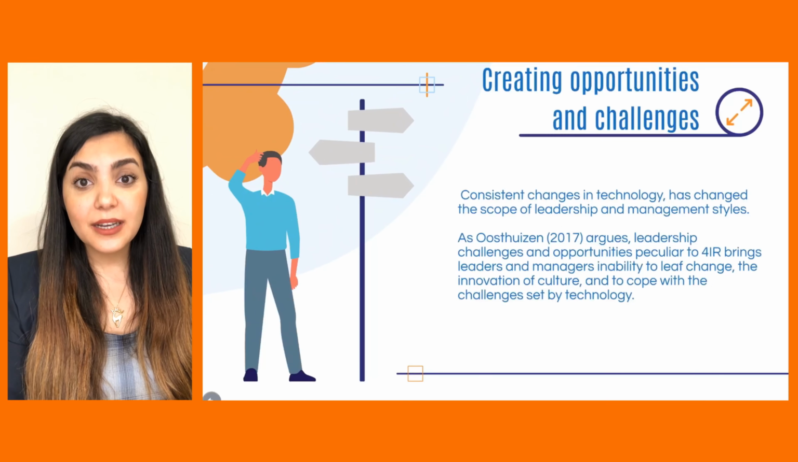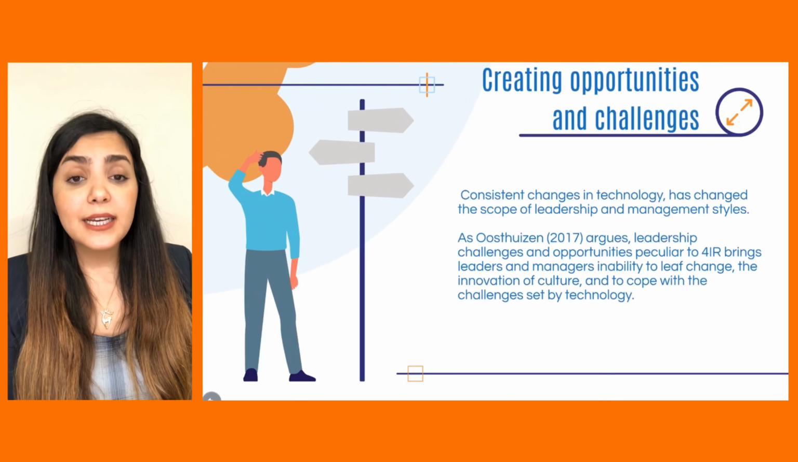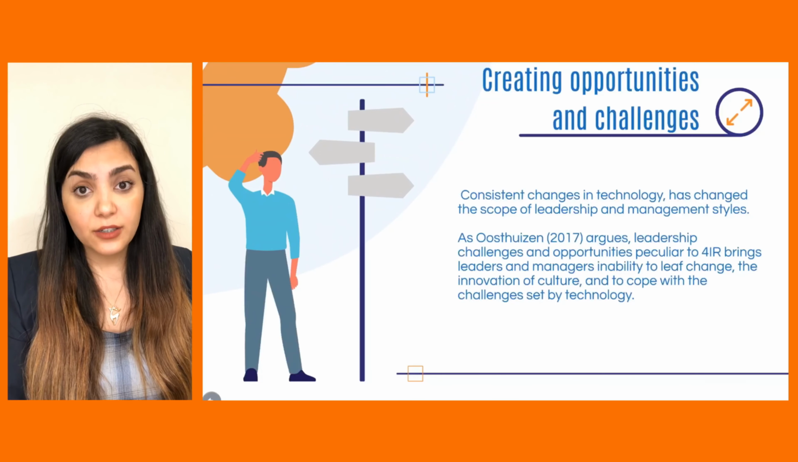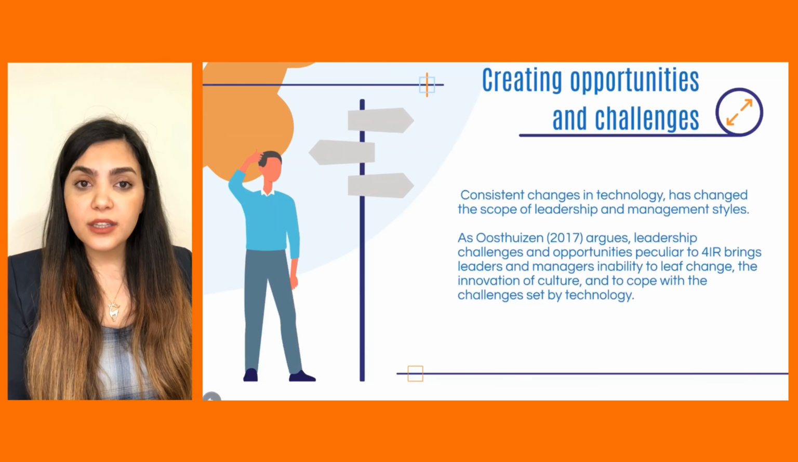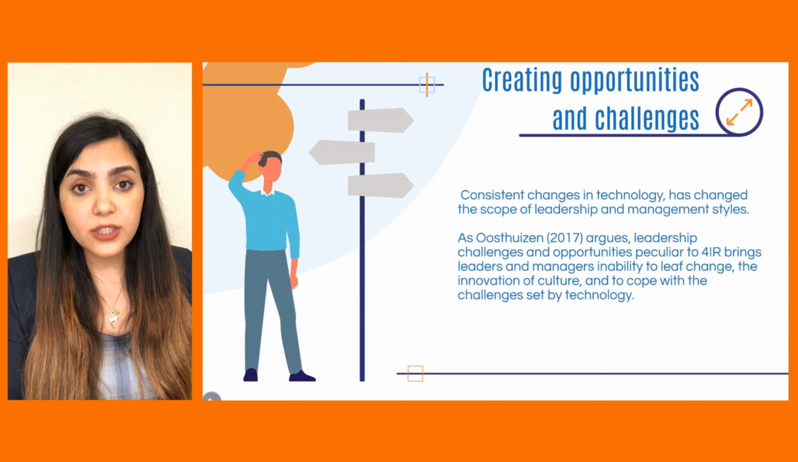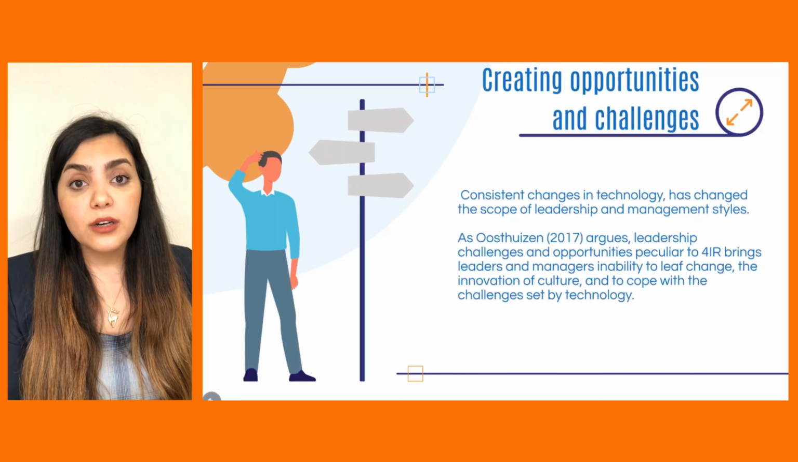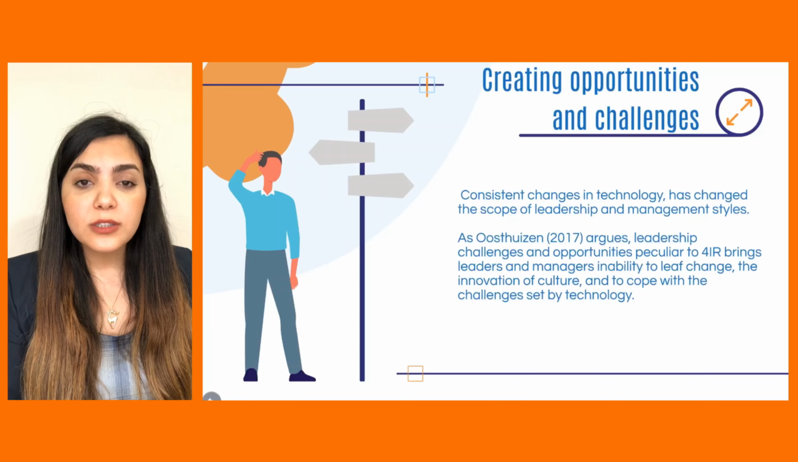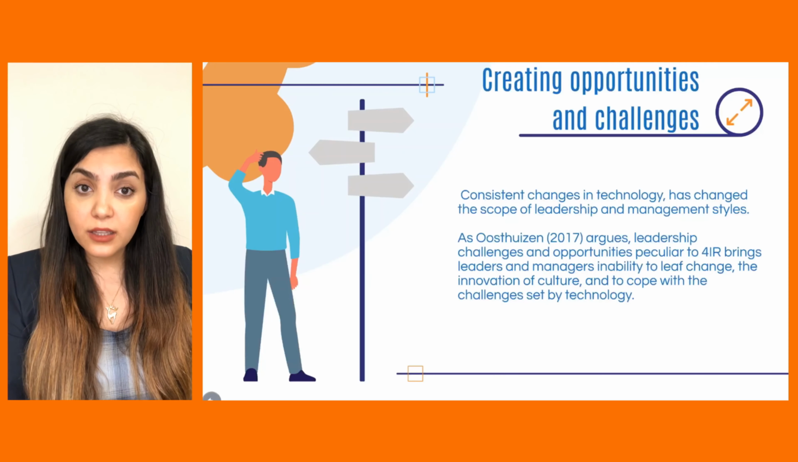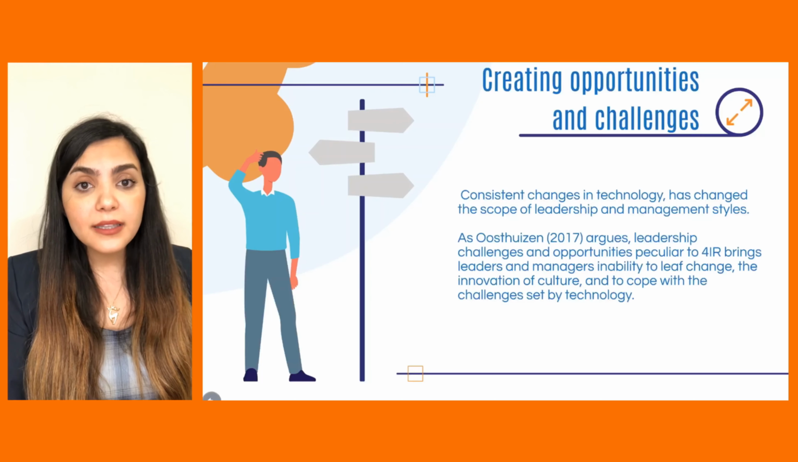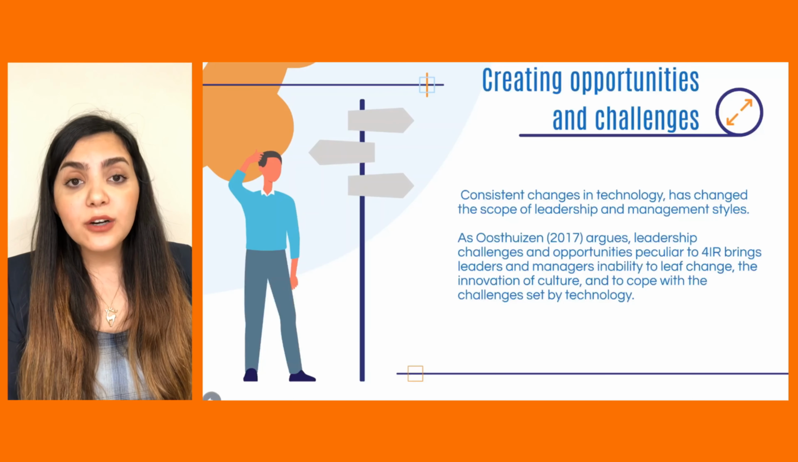Leadership and management are viewed as a process of influence that contributes to the achievement of a given objective in a social organization. Consistent changes in technology, especially in the Fourth Industrial Revolution era, have changed the scope of leadership and management styles. For instance, leadership style can change upon the introduction of technologies, with leaders and managers opting to deploy strategies of balancing the technological advancement in the organization as well as maintaining the remaining labor force in the firm. According to studies,